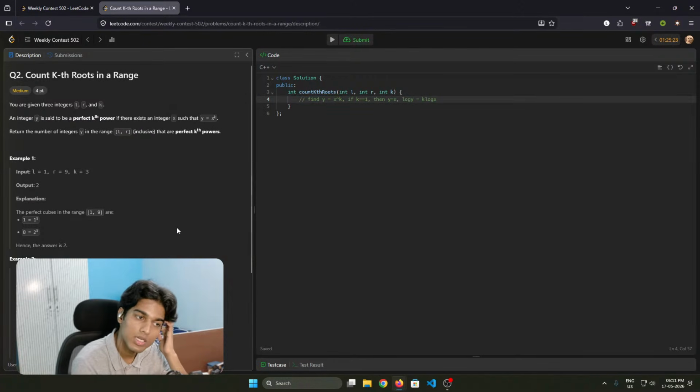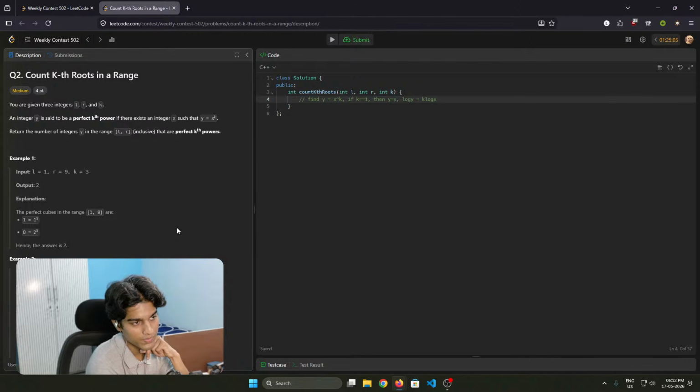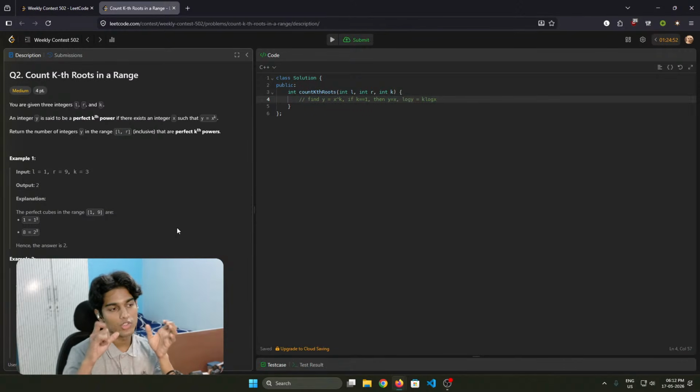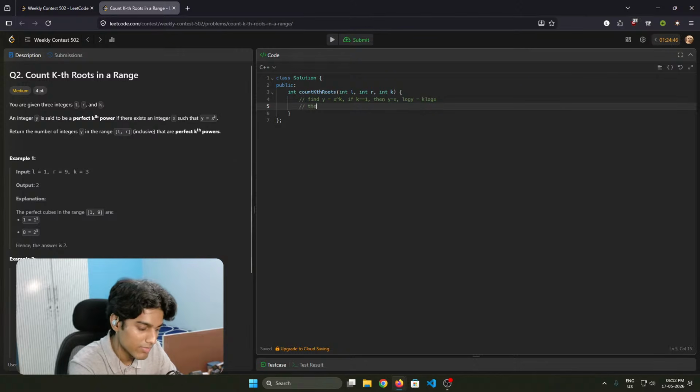But x can be anything. K equals 2, then what is going to happen to the range? So there should be some integer, just a cube should exist there. So there are going to be some range of x that is valid, okay? So there will be